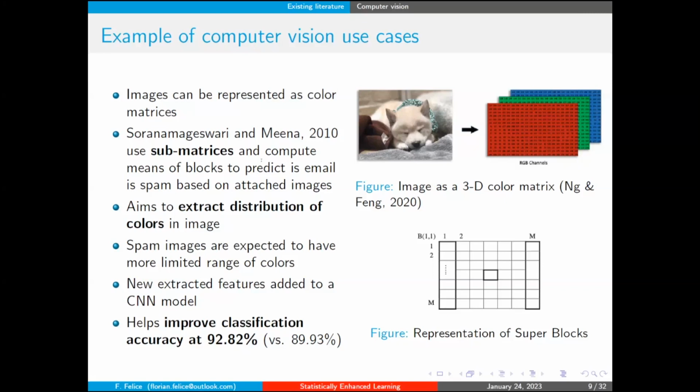But here the authors also used another approach, which is feature extraction. If you take a picture, for example, this dog here, you can just represent this picture as a 3-dimensional matrix, where you have the 3 different colors, red, green, and blue. And the values that you have in your matrices are just the intensity of each of the colors. So what the authors are doing here is that all of the matrices that you have for the specific picture, you can just divide them in sub-matrices and get blocks.